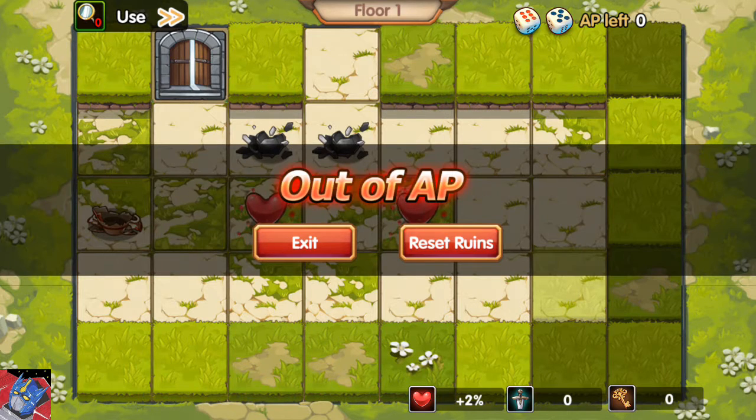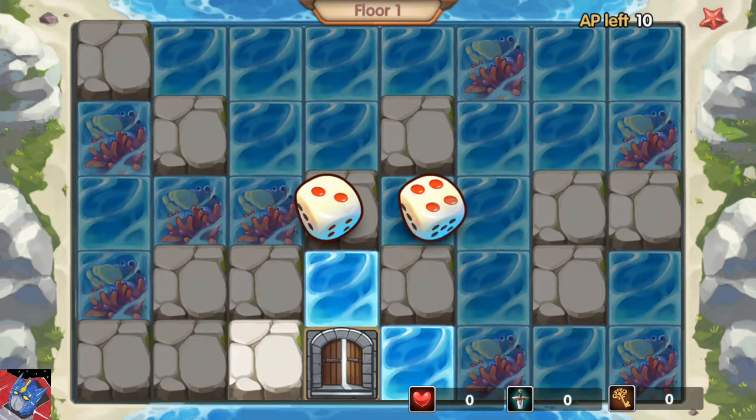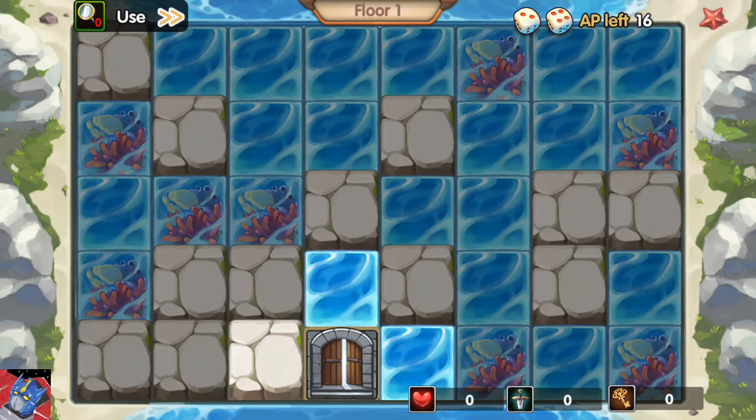So I'm actually going to click on a block to reset the ruins. So every time you reset it, you get to this screen. What it is, you start out with 10 AP, and you throw the dice to get a random number of extra action points. So I'm going to tap the screen for my randomly generated AP, and I've only gotten 6 additional ones. So this means I can clear 16 tiles in total, unfortunately. So I'm going to go ahead and...